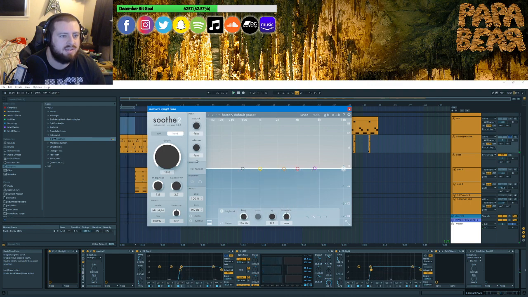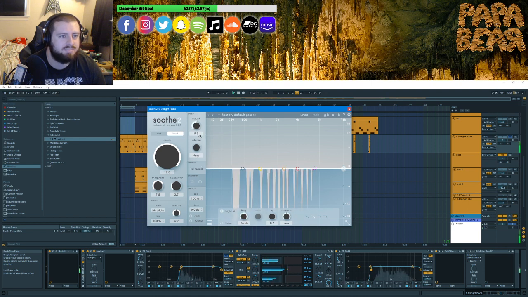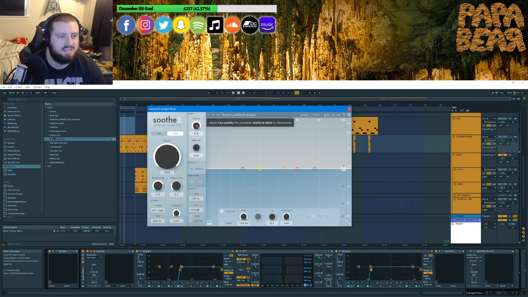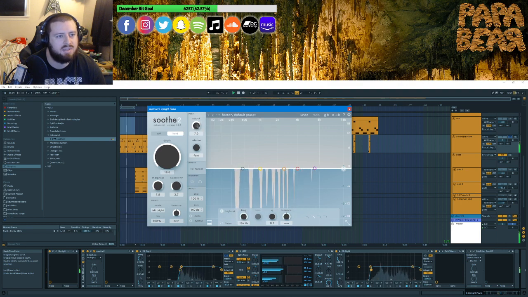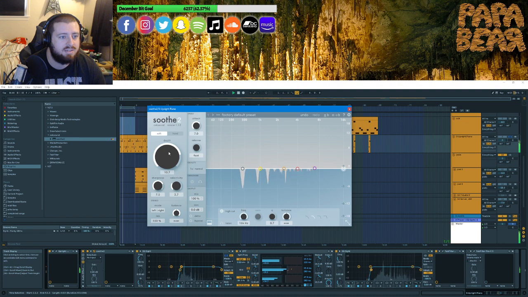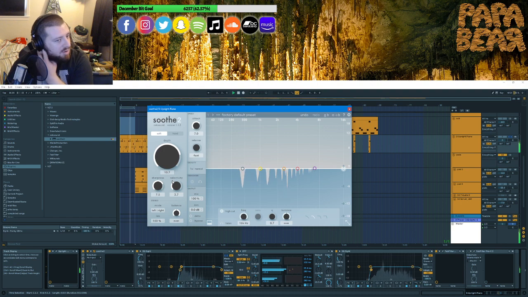So you can see, as I go down, it kind of affects the whole sound. And as I raise it up, it'll start affecting it less, but more on the notes that are held out longer. I think I like it somewhere around 7. But I'm going to put that back to soft. Really fast is fine. I don't really want it to hold that long.